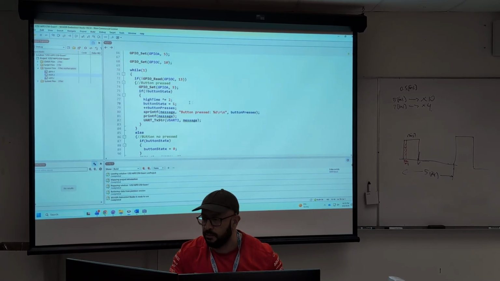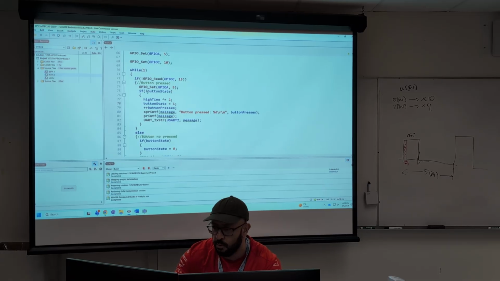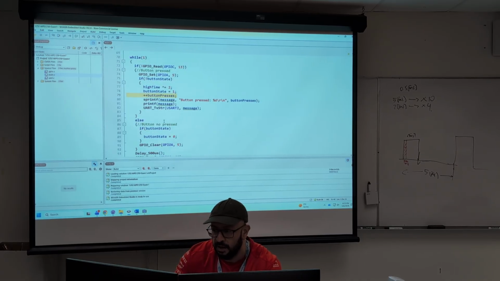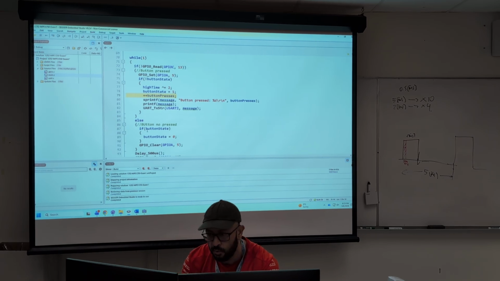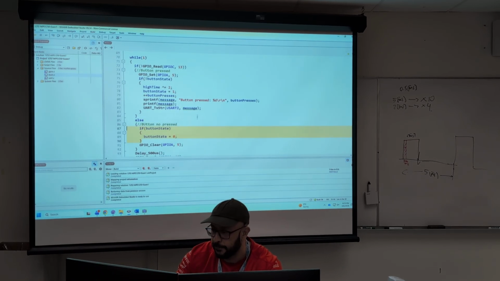If it's first detected pressed, meaning that it was not pressed before, if not button state, then I set the button state to 1 and I count the press. Then if the button is not pressed, I check if it's the first time that it's not pressed, in which case I reset the variable, with this part here. That is for the state detection.